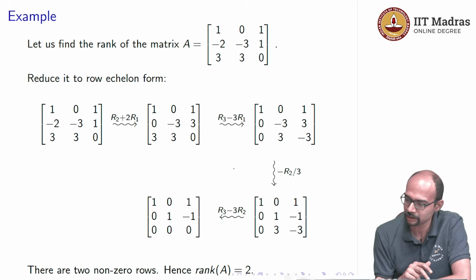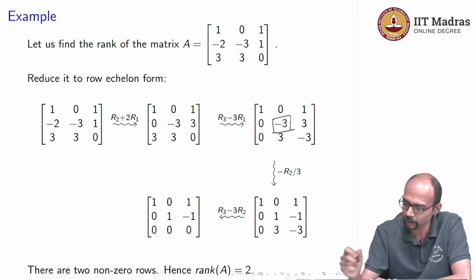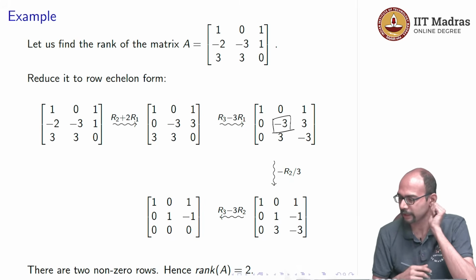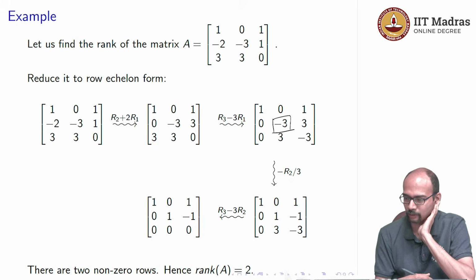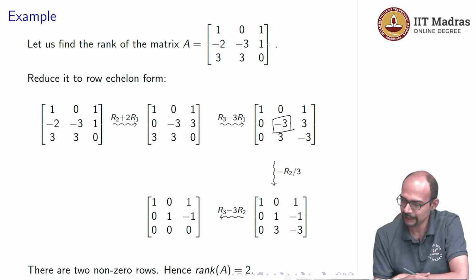So, now let us get the 2 2th element, make it what we call a pivot. So, this minus 3 we want to make 1. So, we divide R 2 by minus 3. If you do that, you get the row 0 1 minus 1 in place of what we have as the second row, and then use the 1 in the 2 2th position